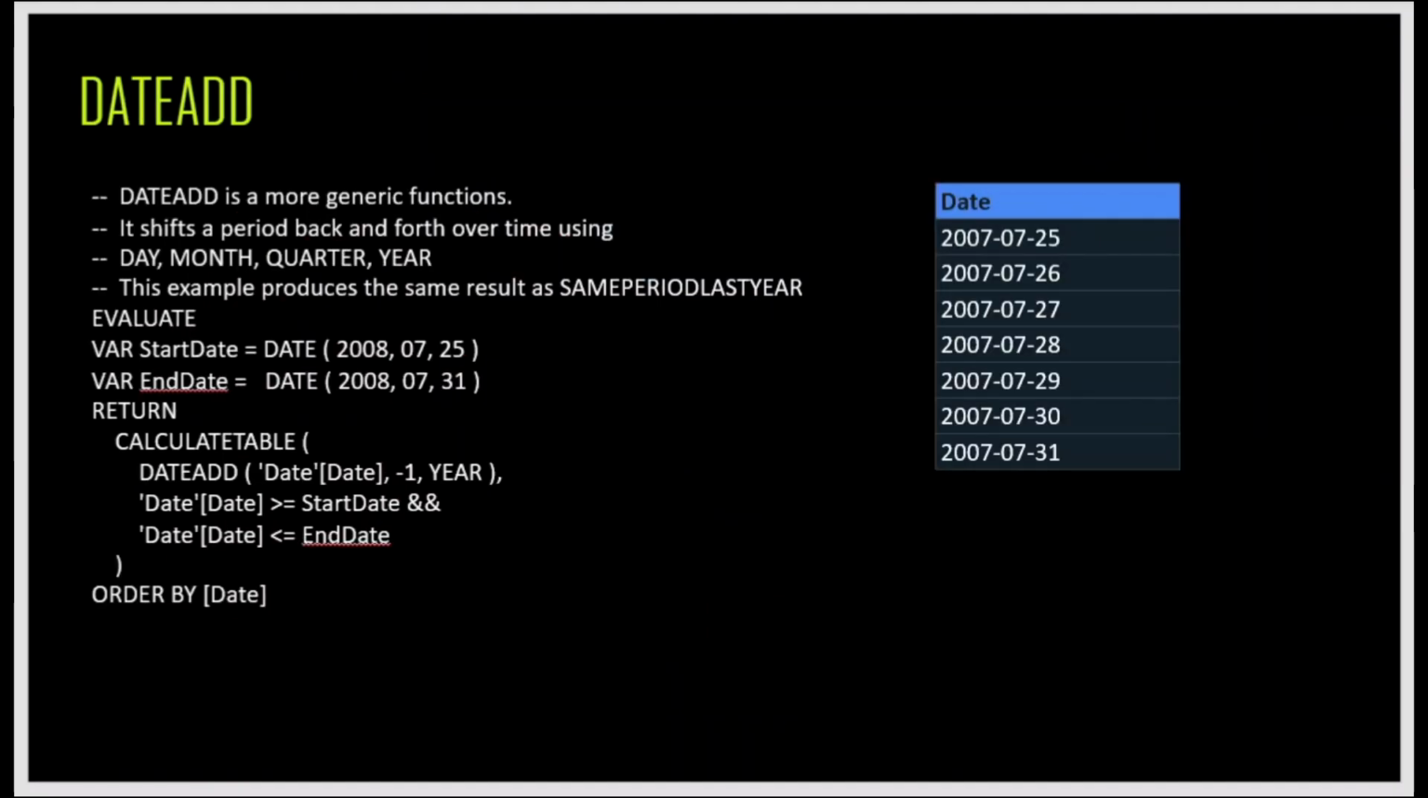So the DATEADD function is the generic function. It shifts a period back and forth over time using day, month, quarter and year. This example produces the same result which we have already seen regarding same period last year. So instead of same period last year, we can use the DATEADD function here by specifying year as interval and offset as -1, and this will produce this result. So you can see that it is not giving the entire range, it just gives what we have specified. So we have specified the starting date and ending date, and it will give the range only for the given